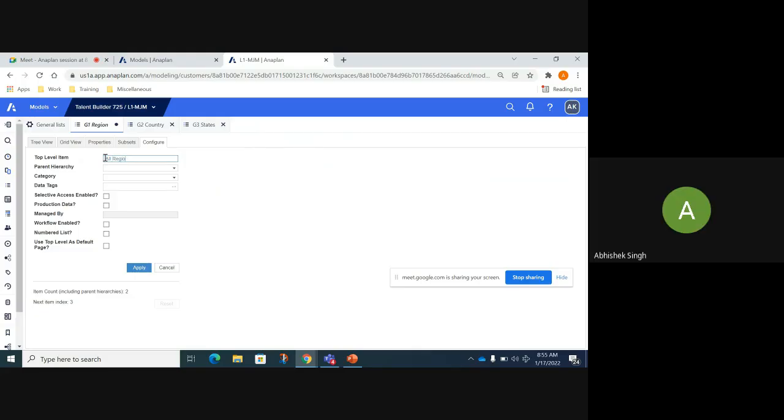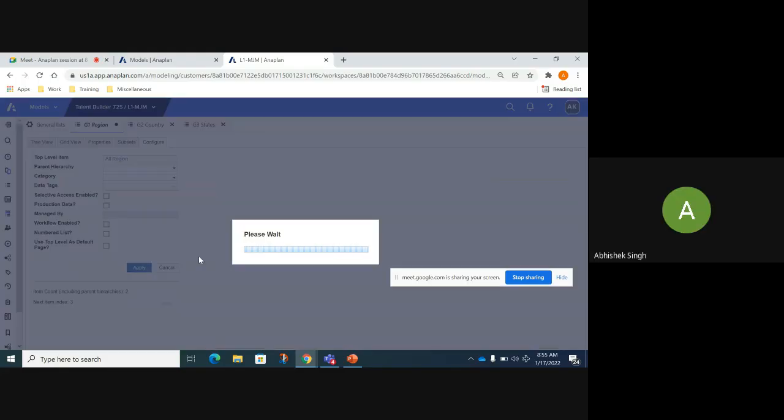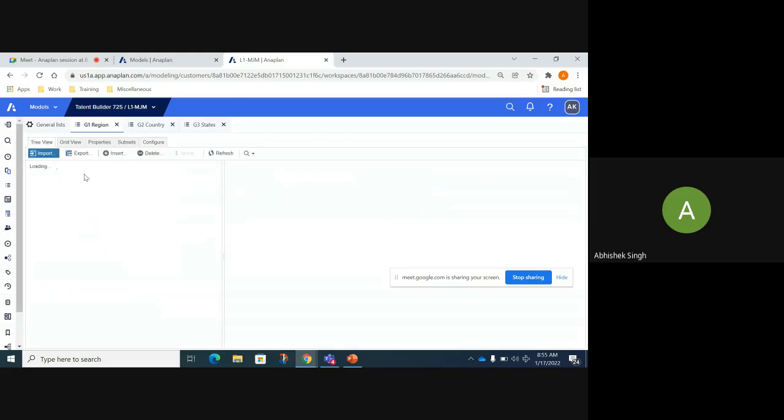You can name it anything, that's fine, but I'm just telling you the standard naming practice, and I just click on apply now. Once I define the top level item, the top level item comes in, and I see the further rolling of my APAC and EMEA over here. Where you need a top level item, wherever the list is at the highest level, there's no further parent of those lists. In those cases, you're going to be defining it in the top level.